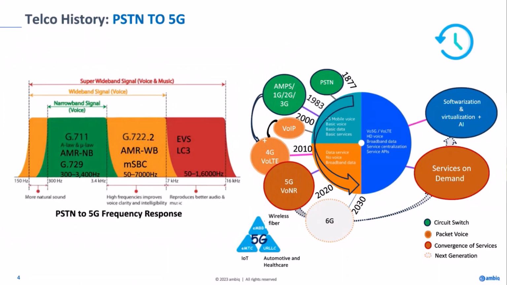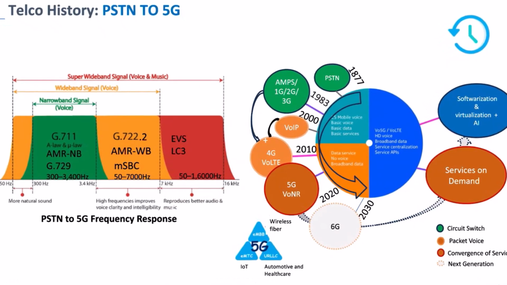Up until 2010, there were two different telco standards, the landline and the cellular. Basically, landline was using both PSTN as well as VoIP. And on the cellular side, we were still using a circuit switch connection. In 2010, when LTE was deployed, for the first time IP protocols were used for data transmission on the 4G